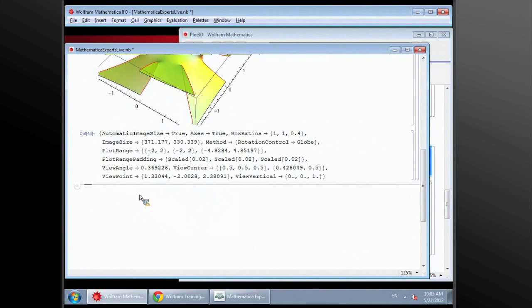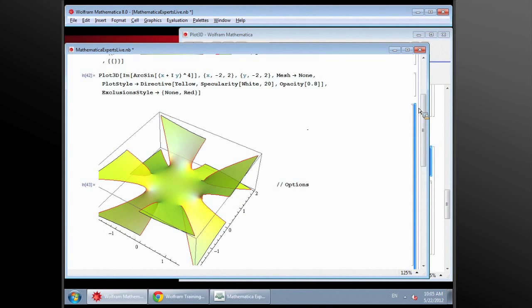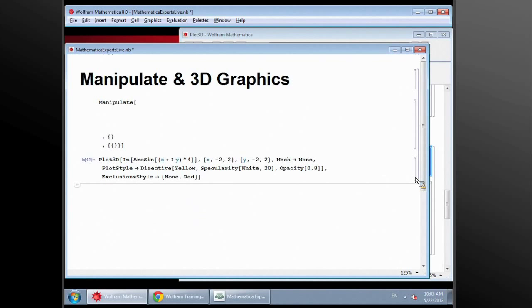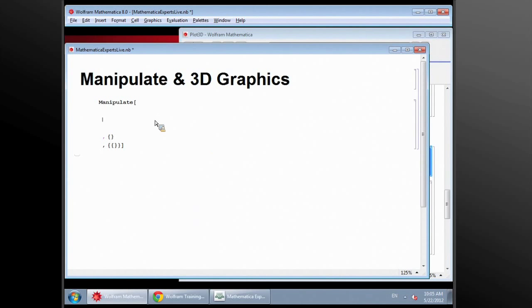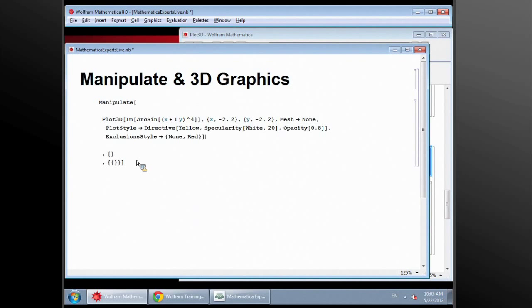So here you have a set of options that you changed. For example, one of them is viewpoint, another is view angle. And let's say we would like to create an application that showcases your graphics, changing these options, but not by hand manually, but automatically. So I'm going to stick this beautiful plot inside Manipulate, and I'm going to add options to it. For example, I would say that my view angle,